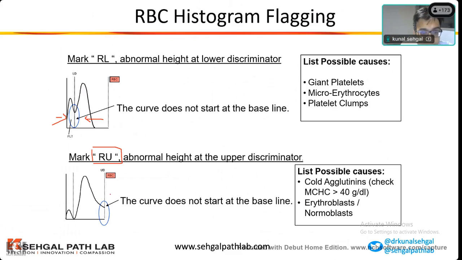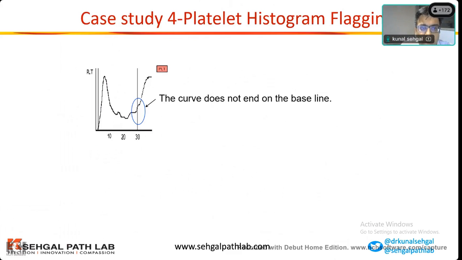Abnormal histogram, I want to see my smear. So we move to Dr. Harini. This is the platelet curve. What kind of a flag would have come with this if it does not end at the baseline? What would have been the name here? PL, PU, RL, RU? PU, sir. PU, excellent. So because we are related to platelet, this would have been platelet upper discriminator